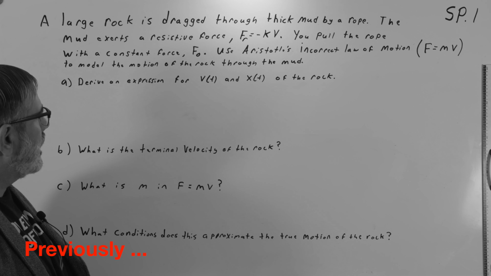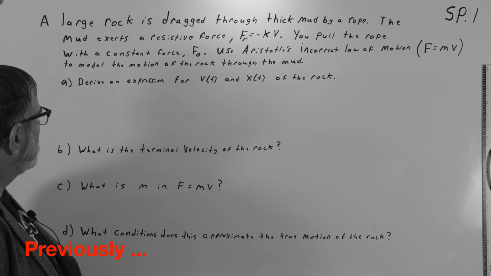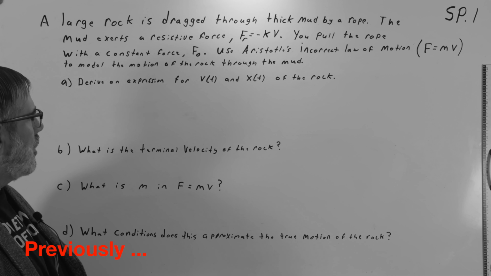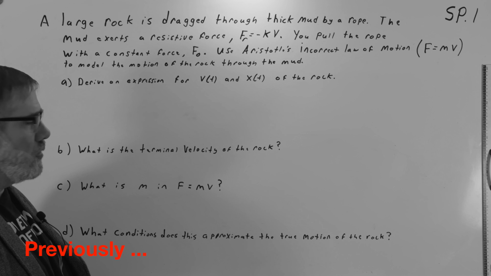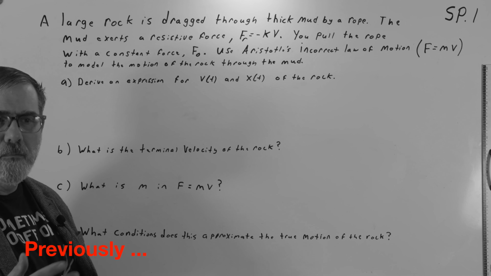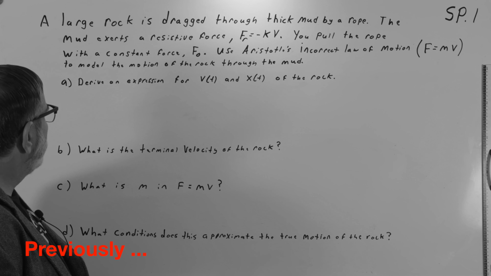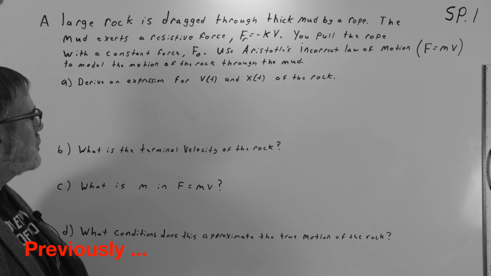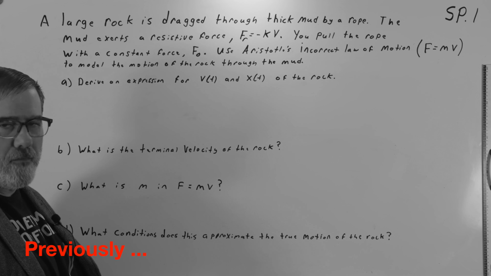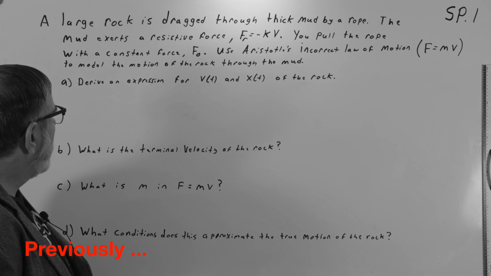So a large rock is dragged through thick mud by a rope. The mud exerts a resistive force, F sub r equals minus k times v, where v is the velocity and k is some constant that represents how resistive that force is. You pull the rope with a constant force F naught. Use Aristotle's incorrect law of motion, that F equals m times v, to model the motion of the rock through